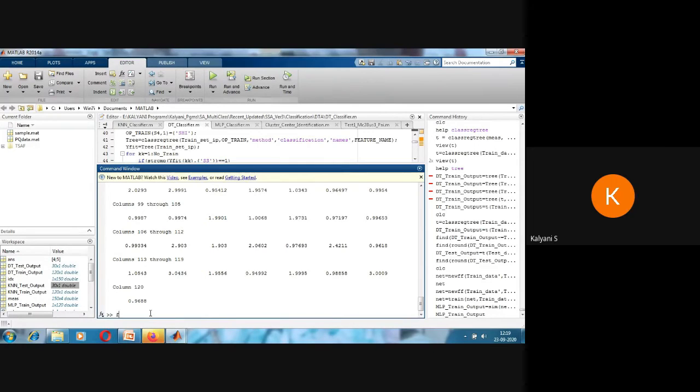So when I use the find function similar to DT, I will round it up, because this is a classification problem, which is discrete. Classification means the output is discrete. I will round my train output and compare with the desired output.